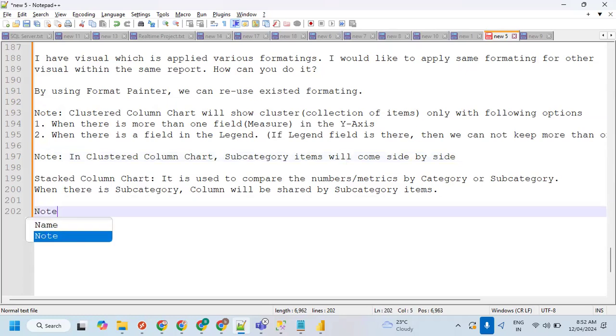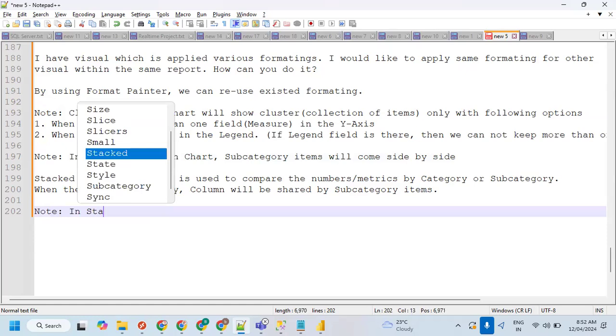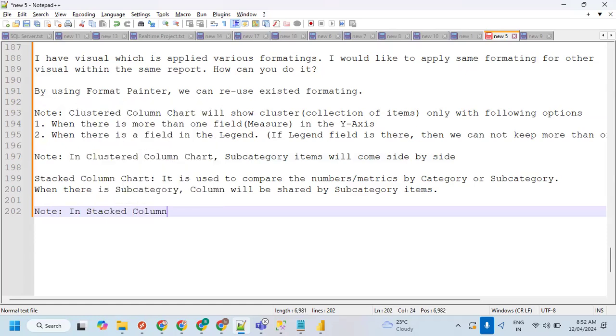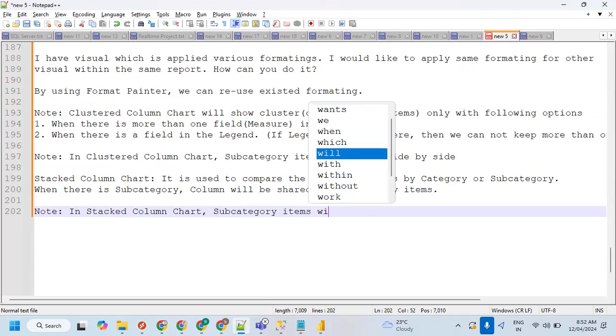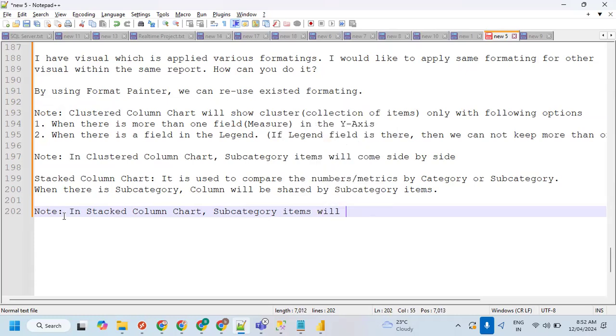Whereas here in stacked column chart, subcategory items will share